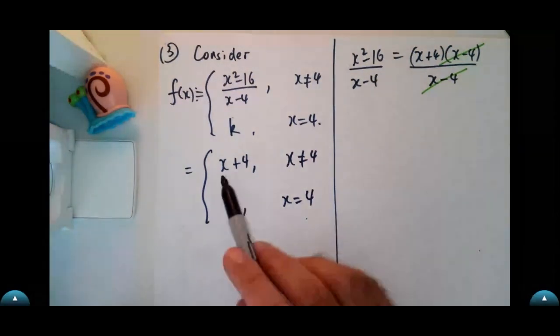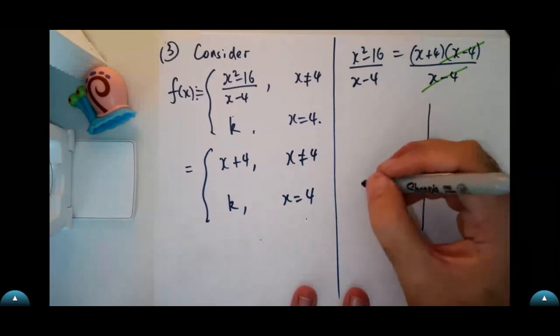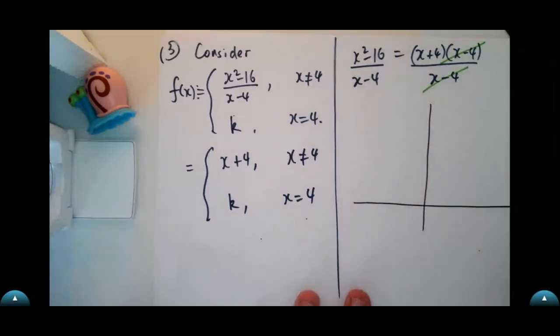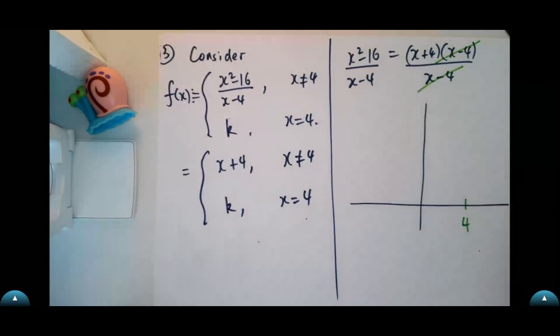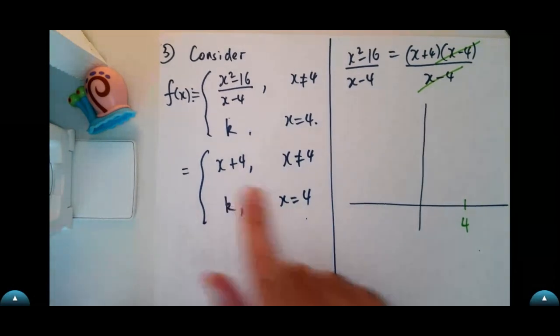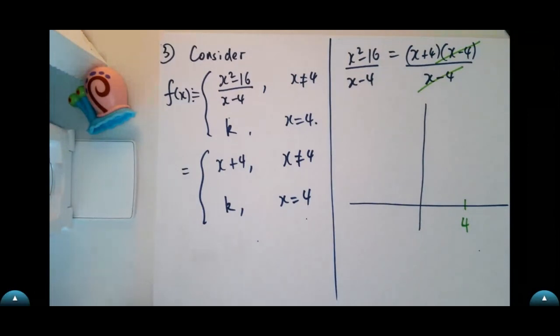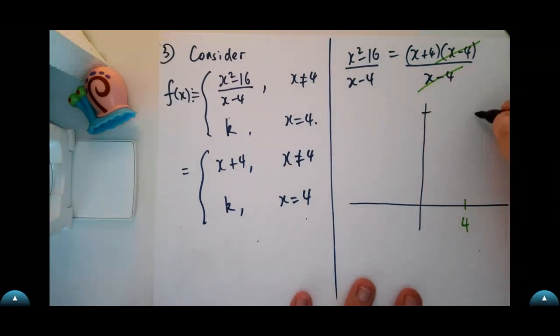So let's sketch x plus 4 and we can work that out. So at x equals 4, we want to pick some value. So this thing isn't defined at x equals 4. Okay, so let's go up here and